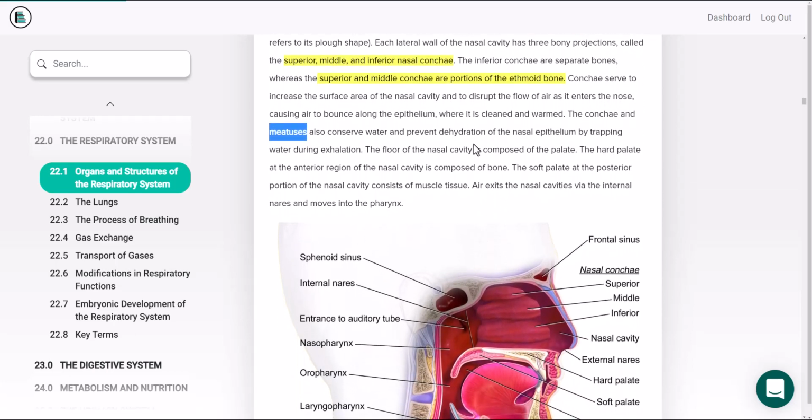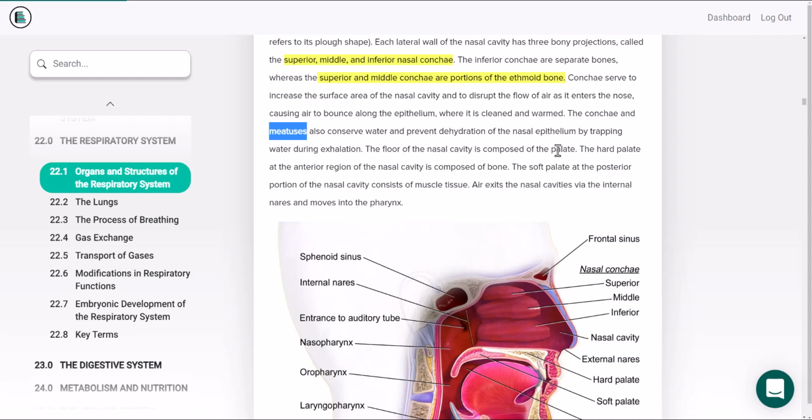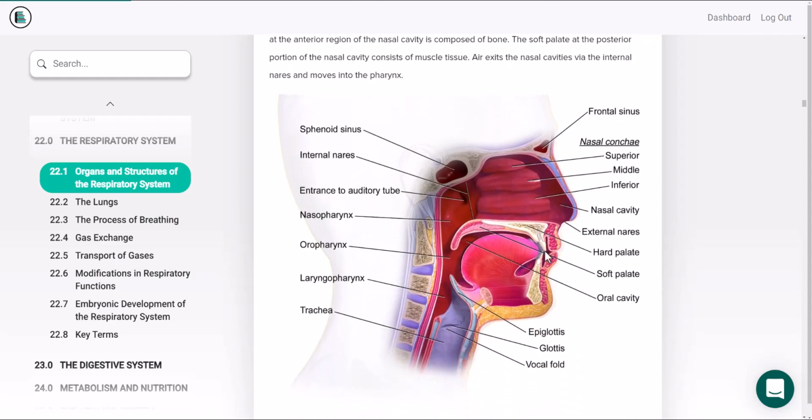The floor of the nasal cavity is composed of the palate. You have the hard palate, the bony portion, as well as the soft palate toward the posterior portion. And we can refer to the palate both in the nasal passages, but you can also think of the palate in the oral passages, in the oral cavity. So again, the hard palate is made up of the palatine bones, okay, and the soft palate is not bony,